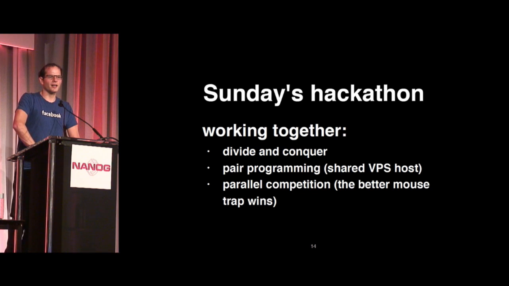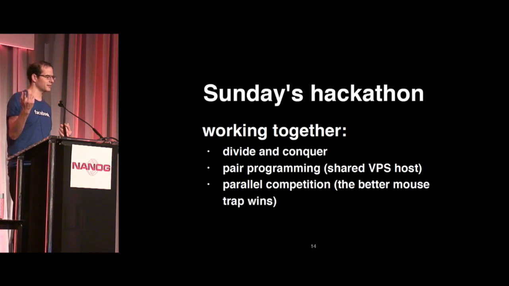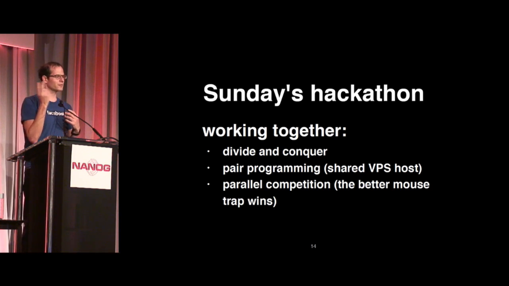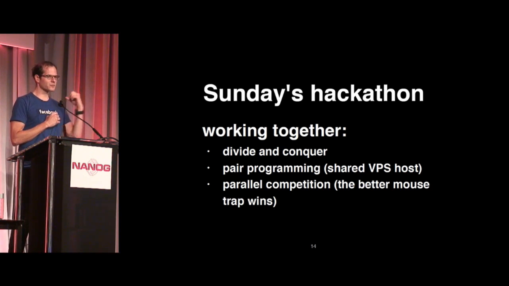Looking at this from a higher level view, though, it was kind of interesting to see how this worked out. So we didn't prescribe what each group was working on, and we did not even define who was in what group. They just chose where they wanted to sit, and if they ran out of chairs, they grabbed more chairs. So some groups took a divide and conquer approach, which Brandon's group, for example, with the Raspberry Pis did, where they broke out a very large problem. So for example, looking at what he worked on in his group, they were building console servers based on Raspberry Pis, where each little Raspberry Pi had one serial interface or two via USB interfaces,